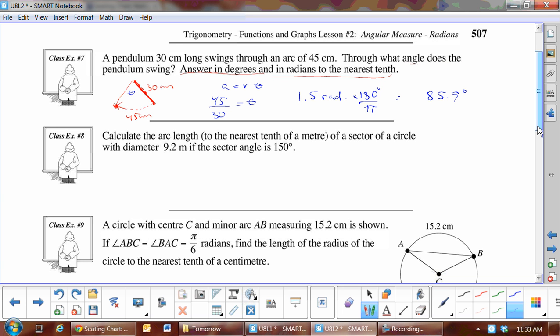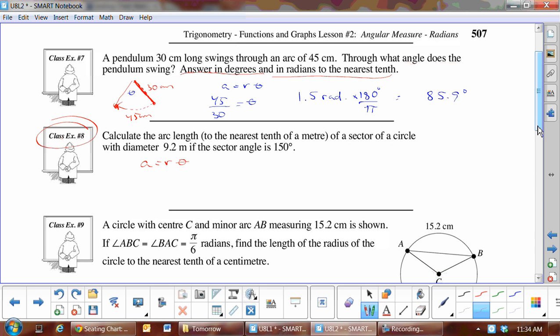Now, this is one where they will give you the formula, and it says calculate that. Now, I haven't been showing up for class. I'm good at this math, so I don't show up for class. Calculate the arc length of a sector of a circle with a diameter of 9.2 centimeters and a sector angle of 150. This is exactly what